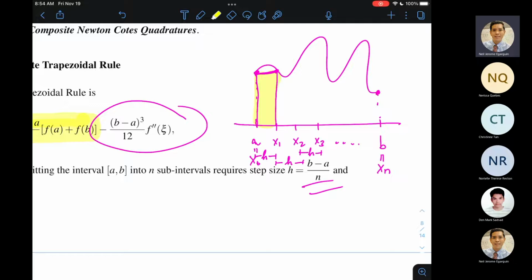And then we'll also draw the second trapezoid. This time it's determined by f of x1 and f of x2, right? Kunin natin yung area ng trapezoid na yan. That would be our second installment. And then for f of x3, kunin natin yung trapezoid. Okay. And so on. This is a very simple extension of the trapezoidal rule, and yet it has its elegance,